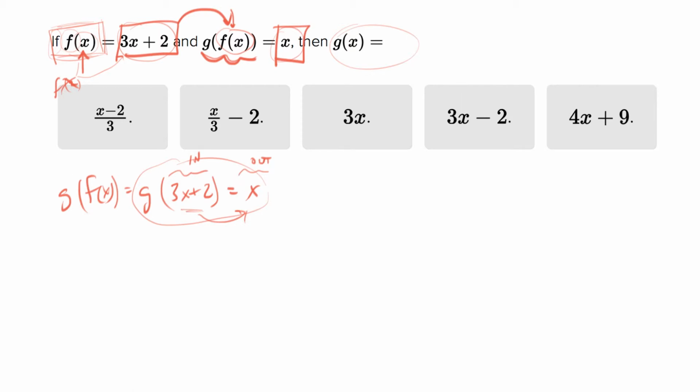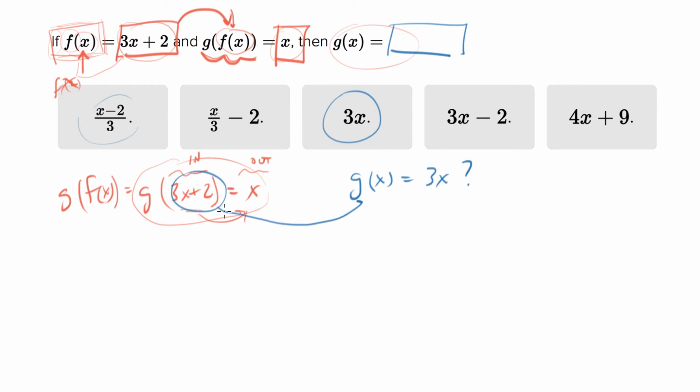If you're clever, you could probably just figure it out. But suppose you're under stress and you're not sure how to do that. Another option is you can try the answer choices. Each answer choice is a proposed function for g, right? It's a proposal for what goes after that. So suppose, I'm actually going to start with this middle one. Suppose that g of x, because it's the simplest, equals 3x. I'll put a question mark because we're not sure. What we can test out is, let's take the input, 3x plus 2. We'll plug it in for these x's. So we'll get g of 3x plus 2, that equals